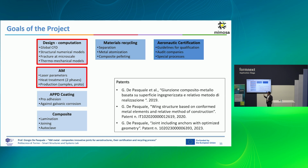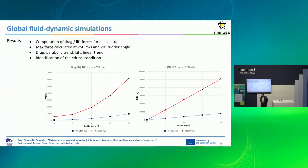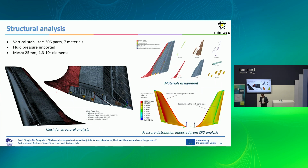So these are two big parts. We started from some patents that today are owned by the Polytechnic of Torino and that will be disclosed to the final users. Just a few words about our activities as designers. We started from a lot of simulations of the fluidic interactions with the structures to calculate, of course, the external loads acting on our joints, with the goal to calculate the forces acting on the joints to properly